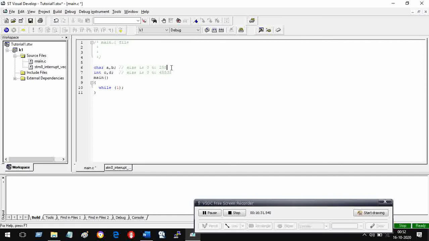How? If you put it in binary, then it will look like this: 1 1 1 1 1 1 1 1. And here, what will it look like? This is the maximum value I am talking about. The minimum value is just 0.